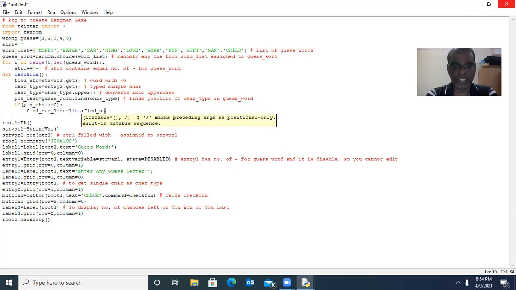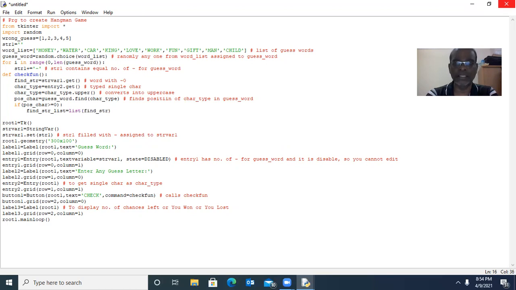So find str is a string that contains number of hyphens equivalent to guess word. For example, if the guess word is car, find str contains 3 hyphens. Now these 3 hyphens are stored as elements of a list. So find str list is a list that contains 3 hyphens. Good. This converts find str, that is a string, into one list.